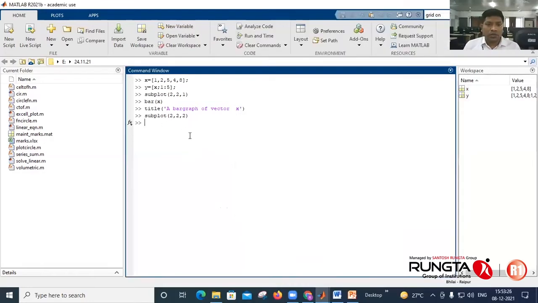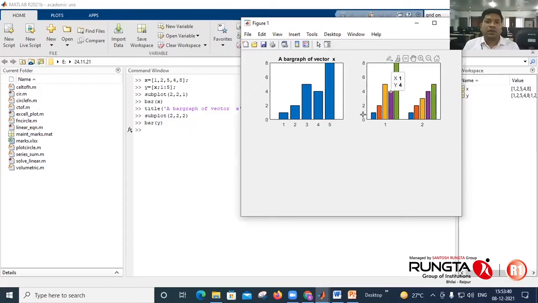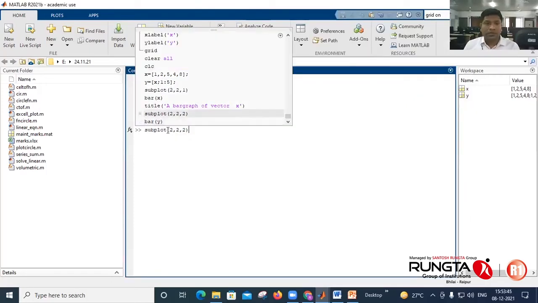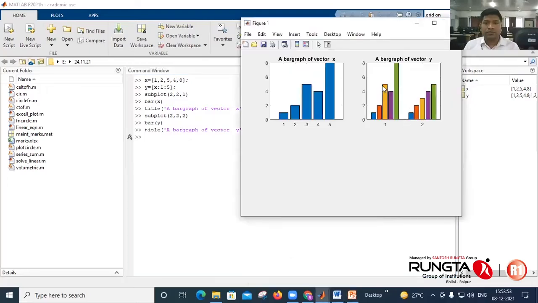Subplot 2 2 2, bar of Y. So it will generate the bar graph. You can add the title again: a bar graph of vector 1. Enter. Instead of vector, it must be matrix, but let it be okay.